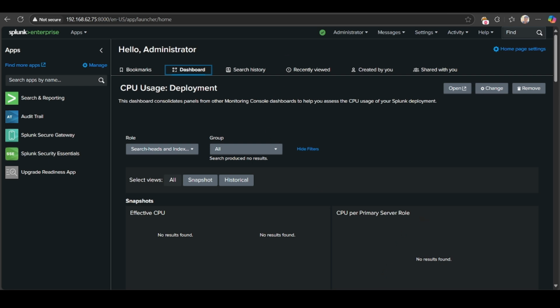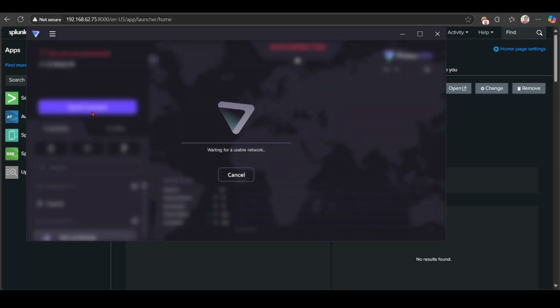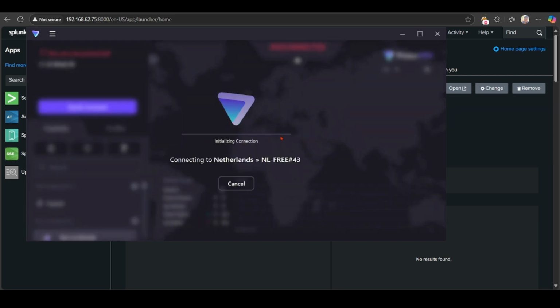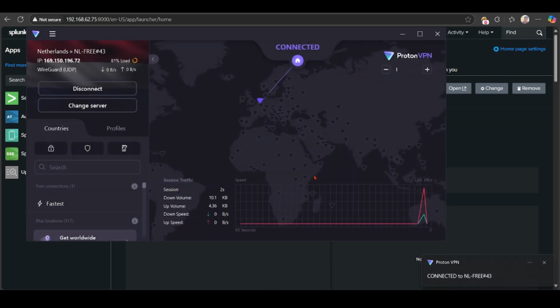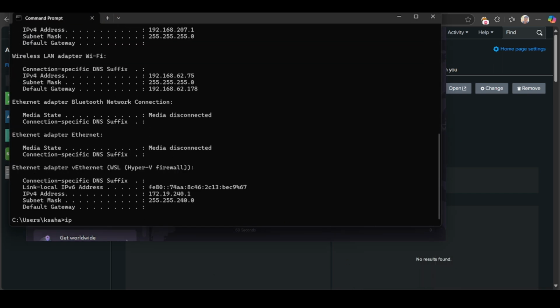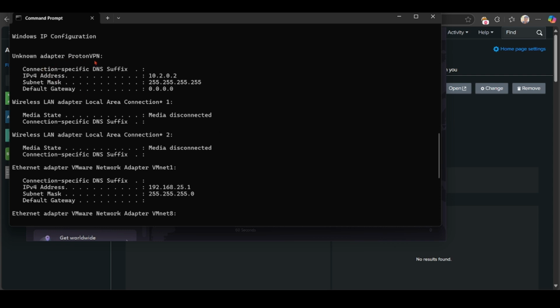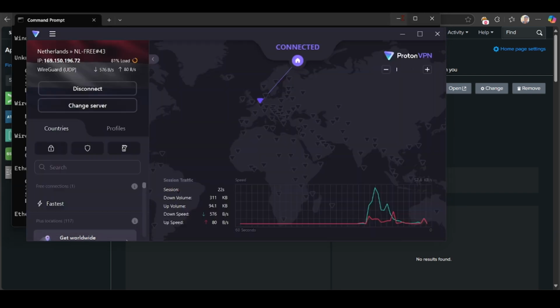For example, I'm using Proton VPN here. If she or he is able to get this VPN, when I click on connect, it is initializing the Netherlands VPN. Okay, here you can see when I run ipconfig here, you are able to see information like the unknown adapter Proton VPN. What is the address here? This is the address. I copy this address and try to access it here,